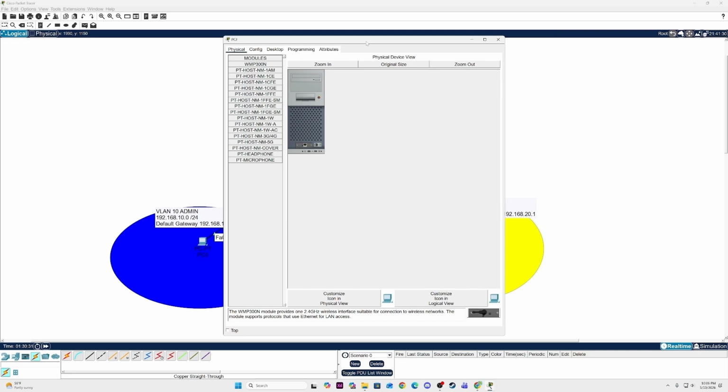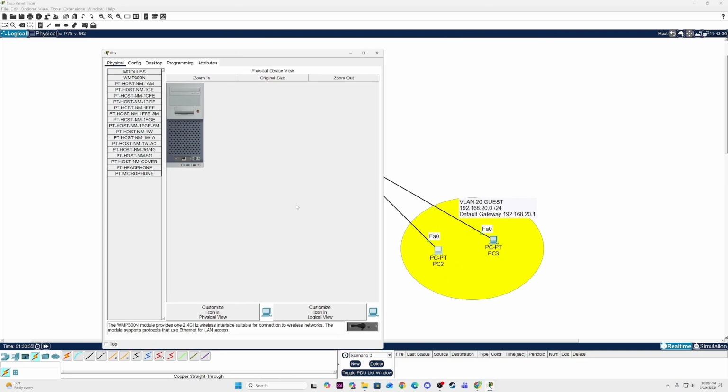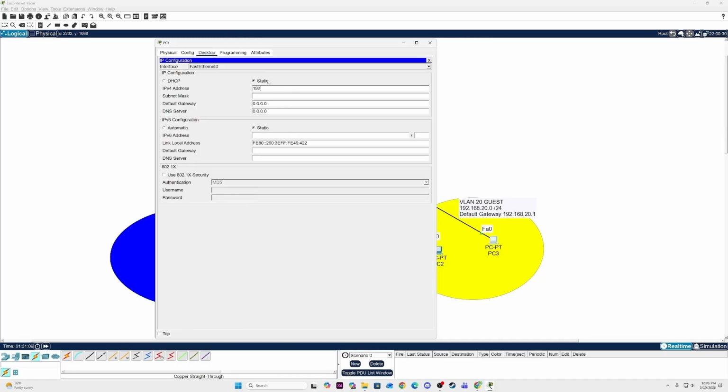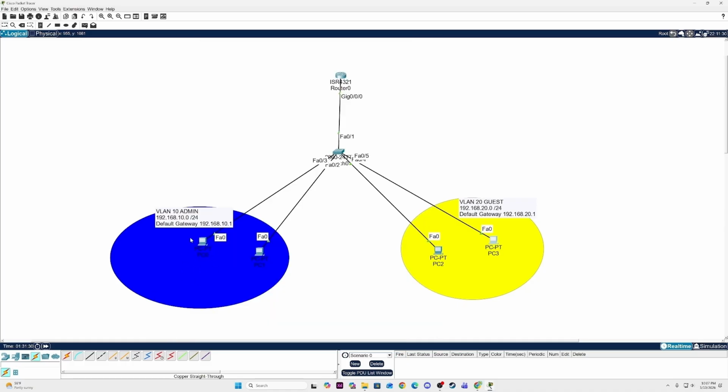192.168.10.1. And for PC2 in VLAN 20, go to desktop configuration. I'm giving it 192.168.20.2, because that one is already taken, with the default gateway of 192.168.20.1. And for PC3, desktop configuration: 192.168.20.3, subnet mask of /24, default gateway of 192.168.20.1. Now I'm going to use PC0 to ping PC3 with the IP address of